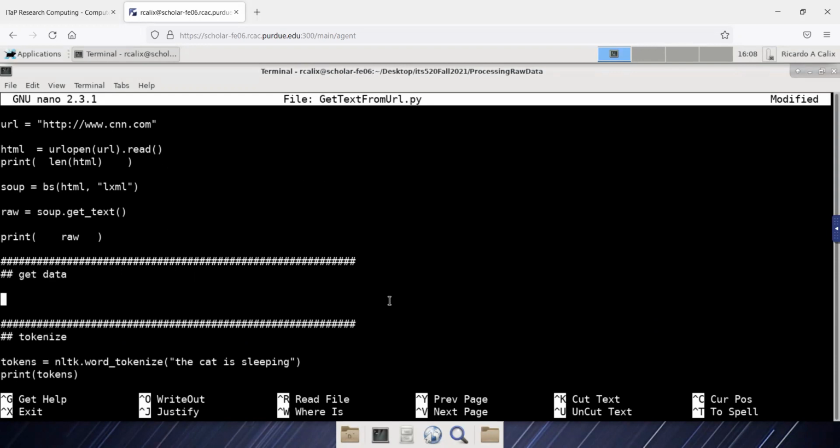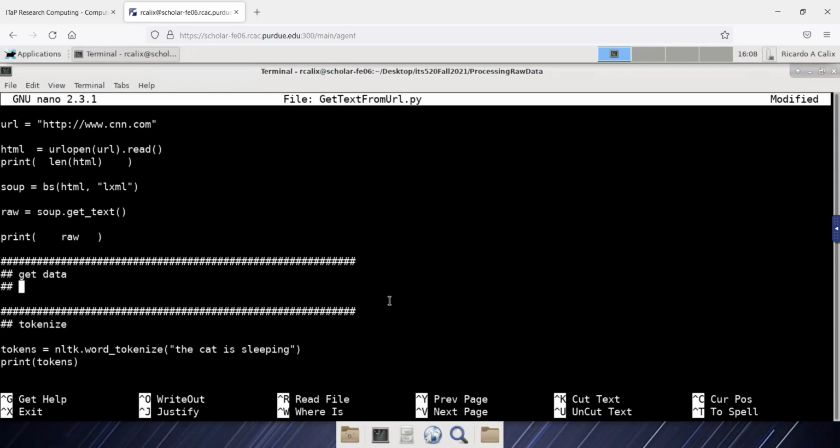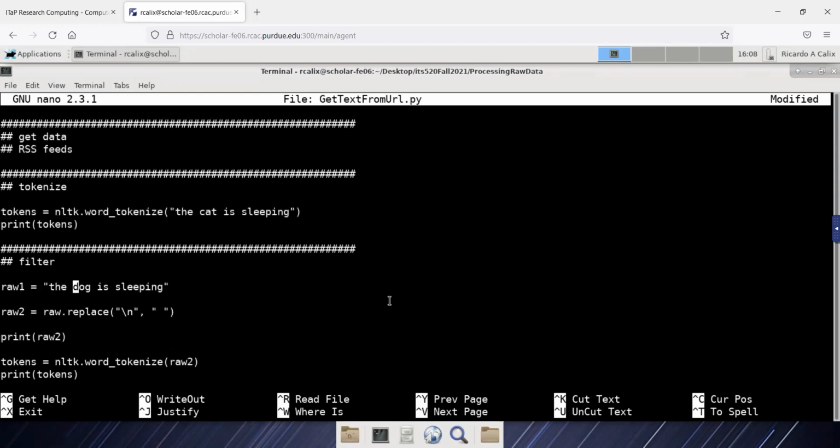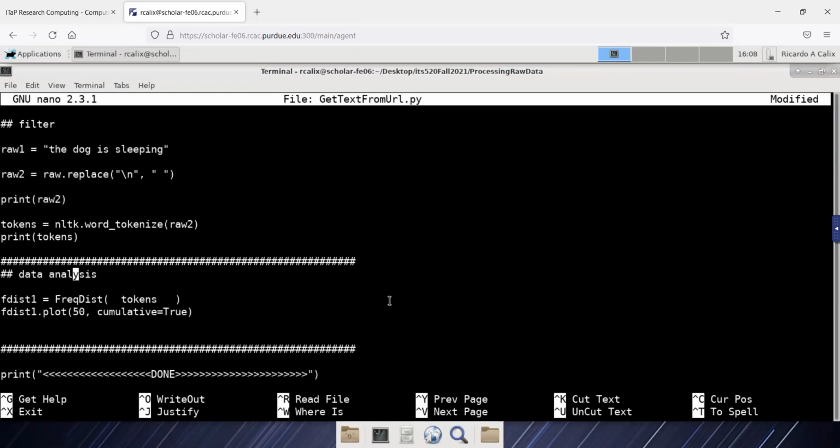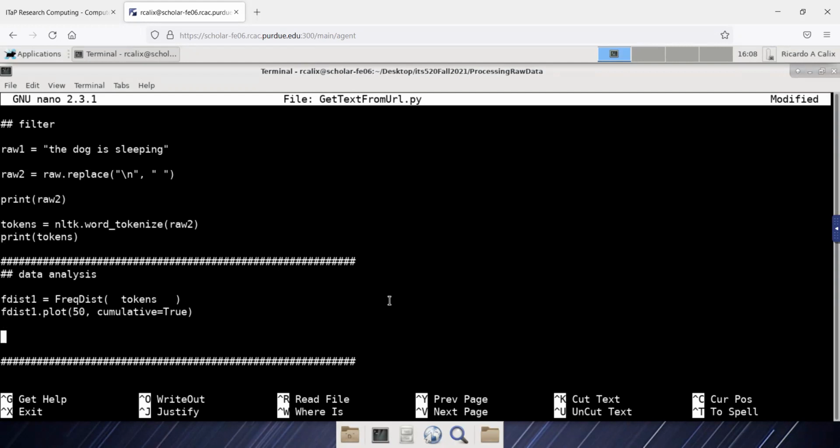Get data, and we're going to say RSS feeds. Then after that, we know how to tokenize. We filter, right? So you will filter. You do some data analysis of it. And then at some point, after you would do the data analysis, we still want to do machine learning, which